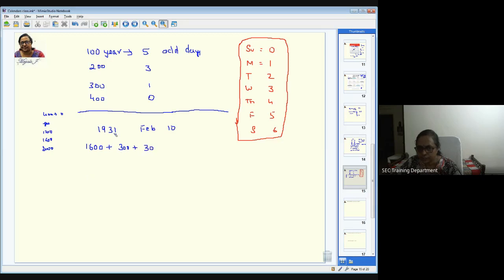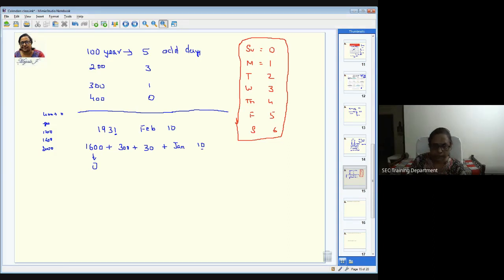Remember this, if it is given as 31, the 31st is a running year, so I need to consider the previous year, that is 30. And the month also is a running month, it's not completed, so I need to consider only the existing month. The 10th, of course, I have to take because I'm not considering up to the 9th. On the 10th we are finding out, so you have to write this. Individually, we have to find the odd days for each of these. You know that this is going to be 0. No change in that.